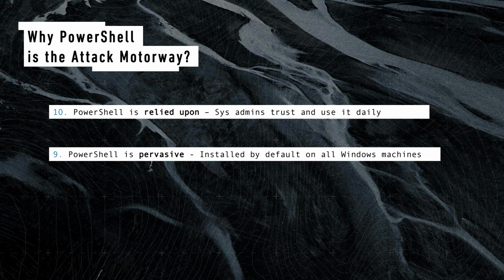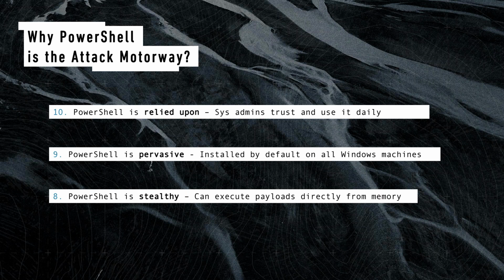Number 9, PowerShell is pervasive. Every modern version of the Windows OS ships with PowerShell built in by default, so there's a good chance that an attacker will be able to find and utilize PowerShell in an environment. Number 8, PowerShell is stealthy. There are built-in commands that enable downloading code and running it in memory, and this is where the fileless aspect comes into play. Adversaries can execute commands on endpoints without dropping any files on disk, which allows it to elude antivirus mechanisms that rely on binary analysis